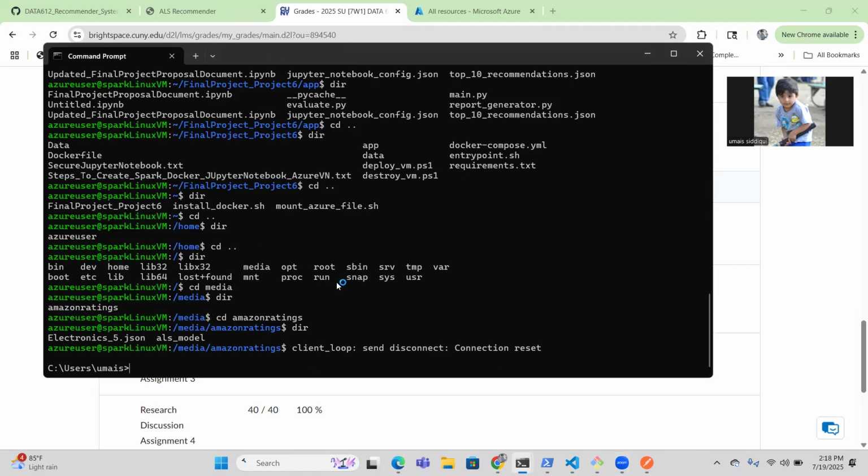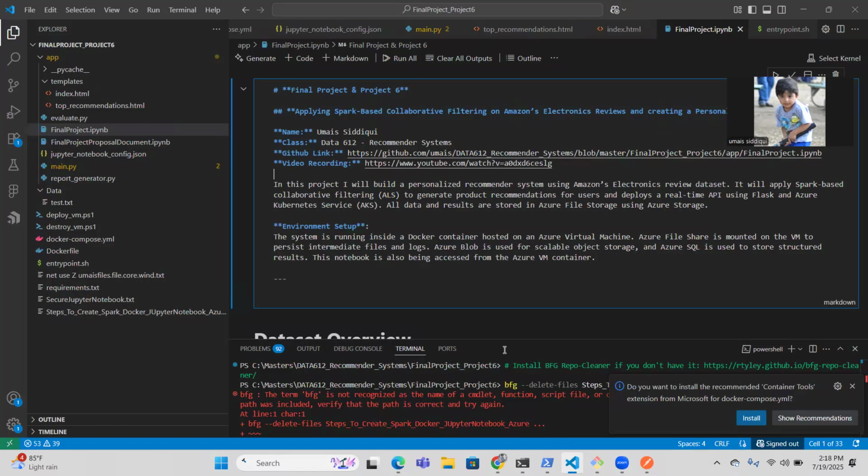Hello, my name is Umesh Ziggy, and I'm just recording a short, quick video to demonstrate how the Flask UI is running. So this is basically Visual Studio Code where I set up all the code, and I have